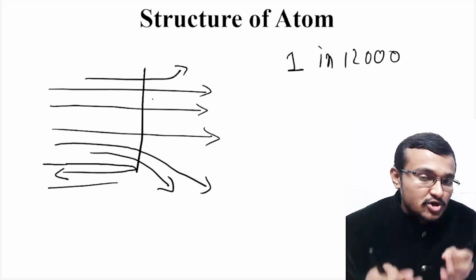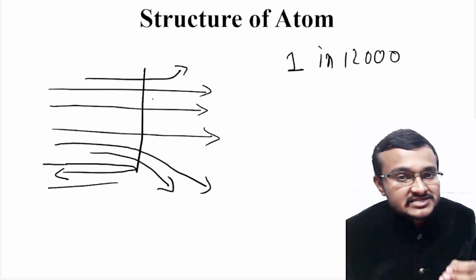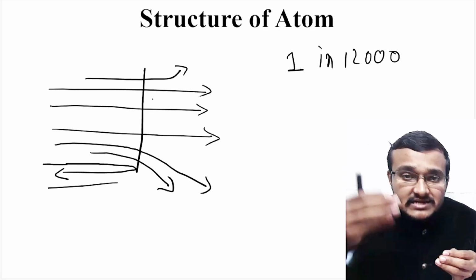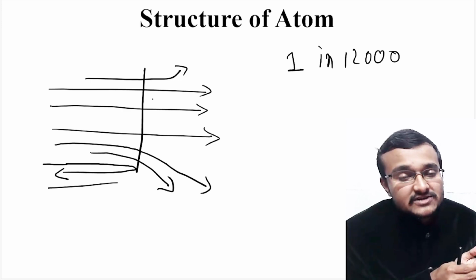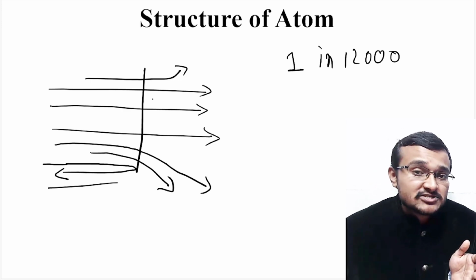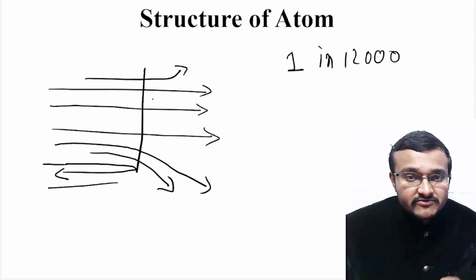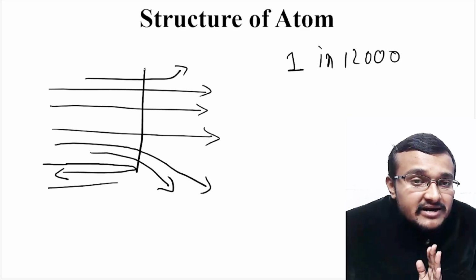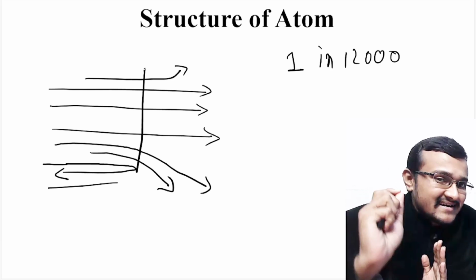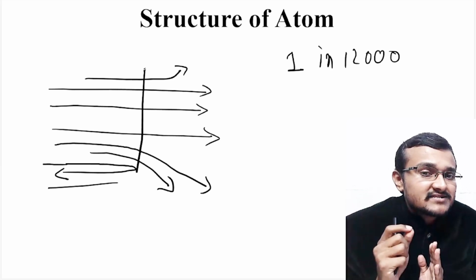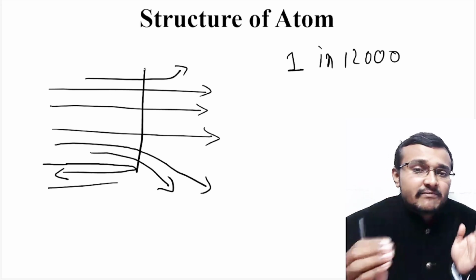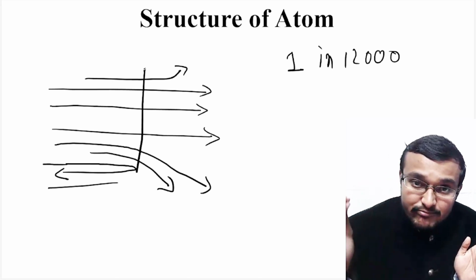How is this possible? Because alpha particles are positively charged and atoms are made of positive spheres which should repel these alpha particles and should not allow them to pass through. But according to his observation, the atoms are actually allowing these alpha particles to pass through, a small number of alpha particles are getting deflected, and a very rare alpha particle is getting bounced back